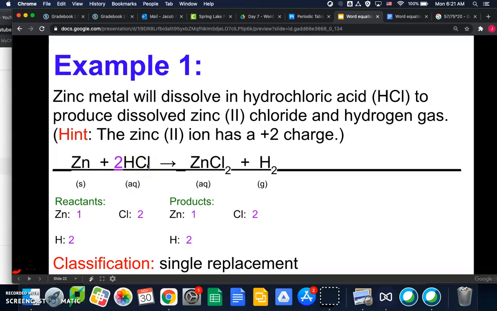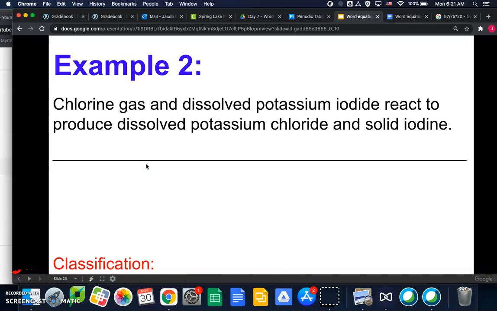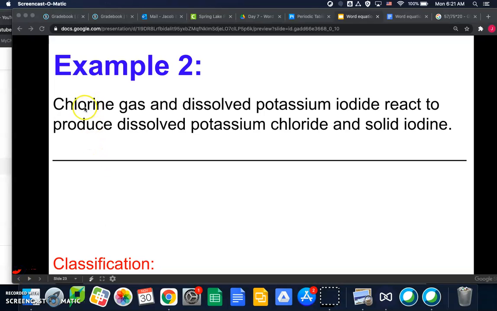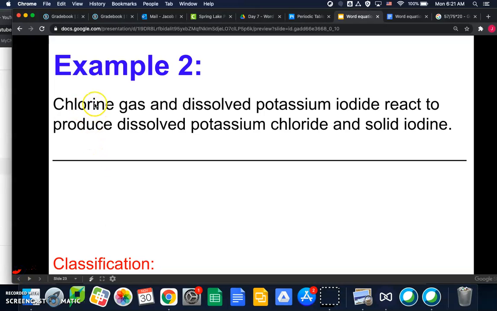Okay, so let's do one more example. In this example, chlorine gas and dissolved potassium iodide react to produce dissolved potassium chloride and solid iodine. Okay, so first up is chlorine gas. Chlorine is Cl. Again, though,